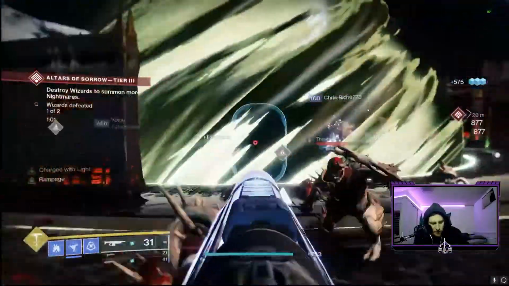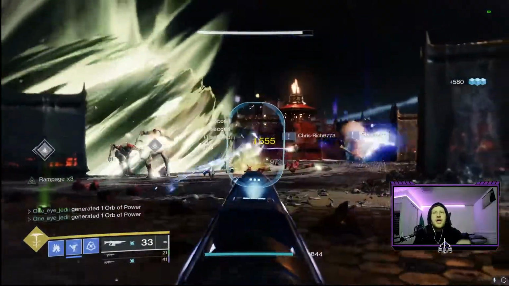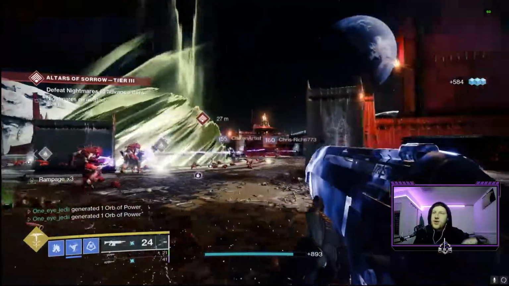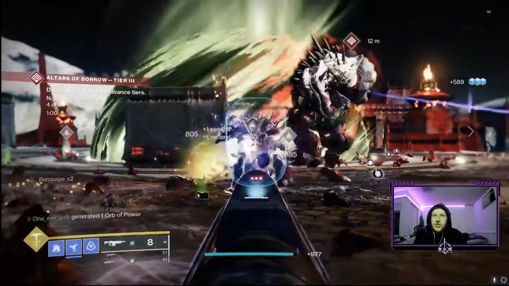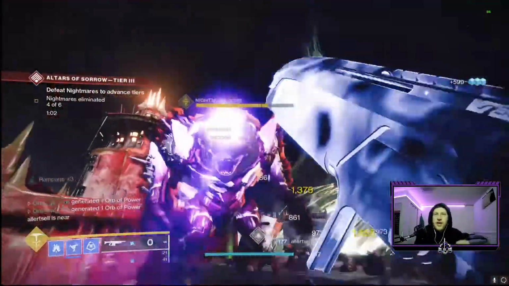So we're gonna go over what I think the god rolls are for both PvP and PvE with this gun, and hopefully you guys can get one because this thing drops absolutely everywhere. The end of matches for Crucible, Gambit, strikes, it just comes from legendary engrams. This thing is pretty much everywhere, so it's super easy to farm it and get a god roll for this